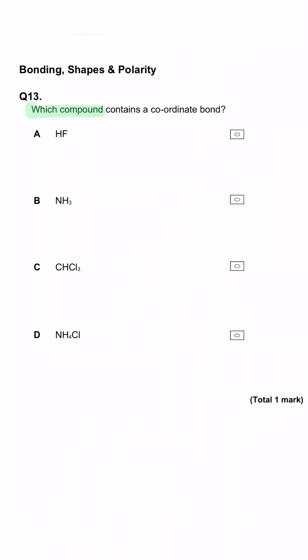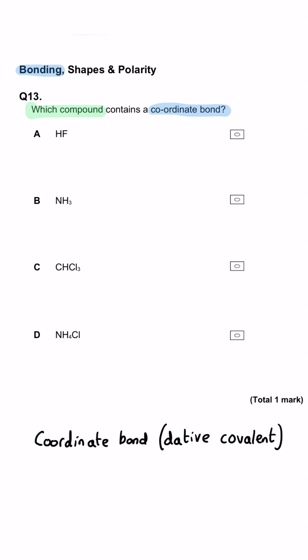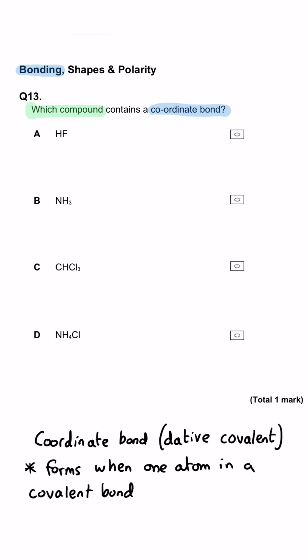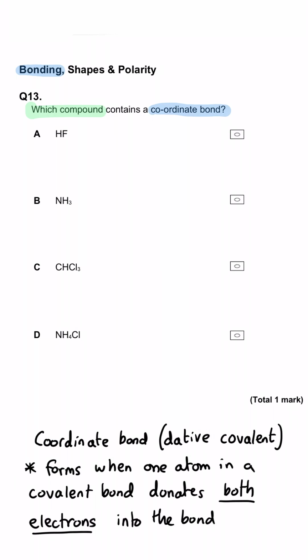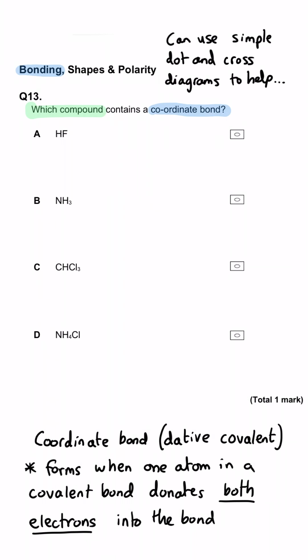Which compound contains a coordinate bond? Well, a coordinate bond is formed when one atom in a covalent bond donates both of the electrons into the bond itself. So it isn't one electron from each atom, they both come from one of the atoms in the covalent bond. Looking at each of these in turn, in HF, hydrogen is in group 1 and fluorine is in